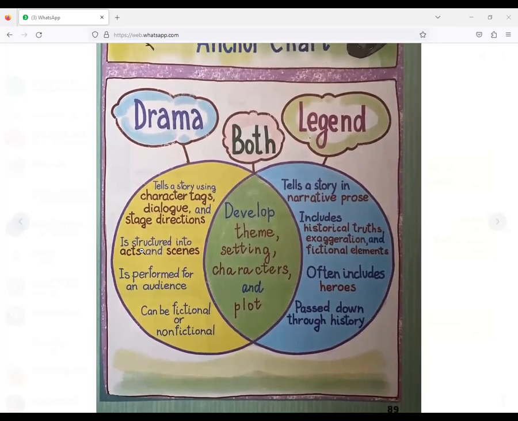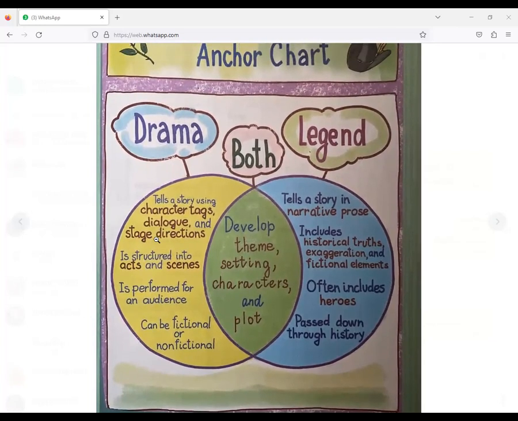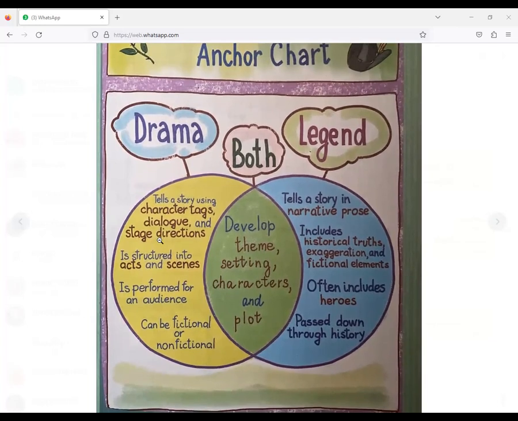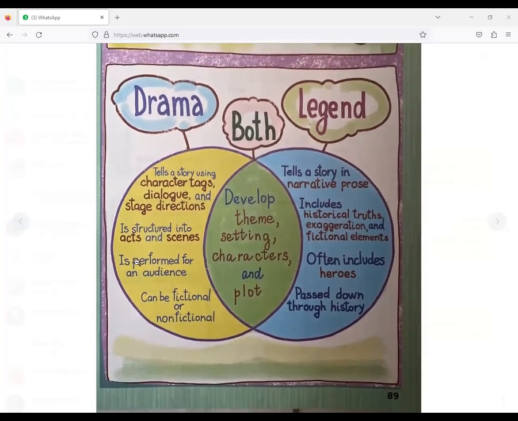If you open, for example, Macbeth or Merchant of Venice, all these are plays. You're going to see Act 1, and in Act 1 you're going to see scene 1, scene 2, scene 3, scene 4, scene 5. Then Act 2, scene 1, scene 2, and so on.